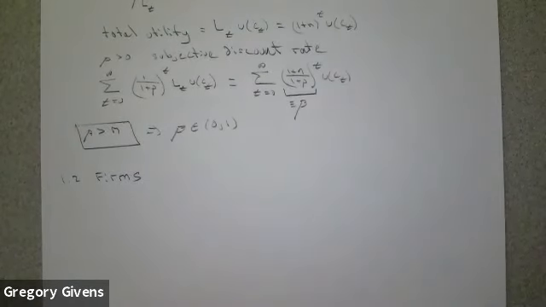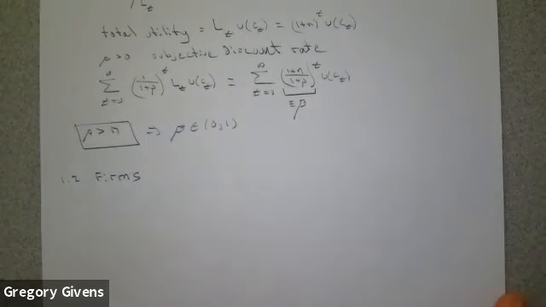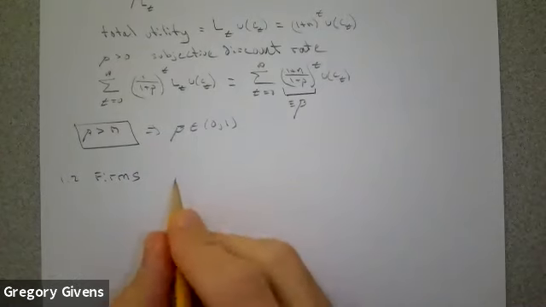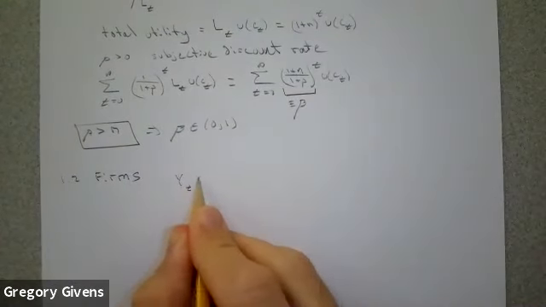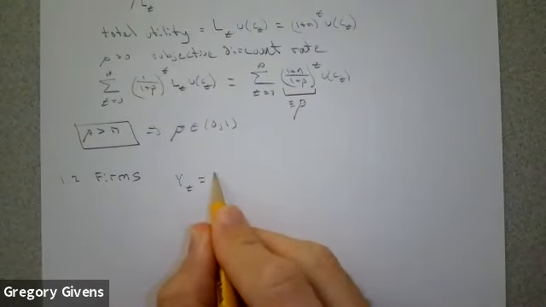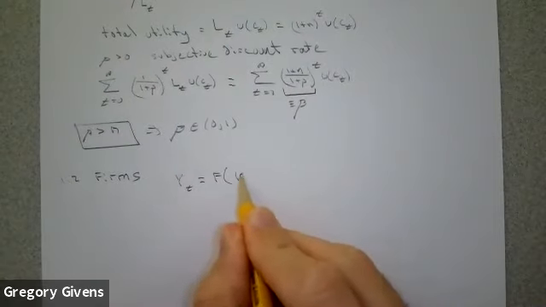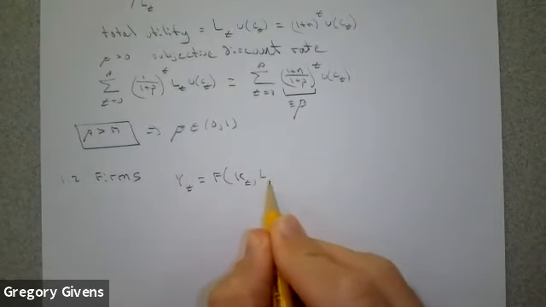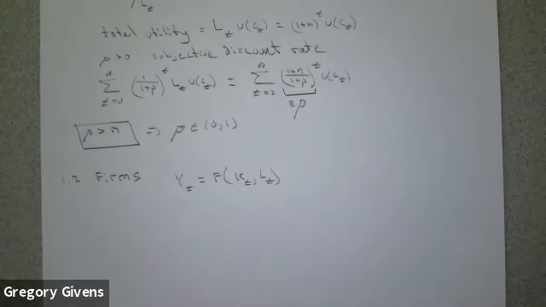Here, the story is basically the same as before. Factor and product markets are going to be perfectly competitive, okay? The production function of each of these firms is going to be identical, and so we can aggregate the production function into a standard neoclassical form, where output y is equal to a function f of the capital stock and